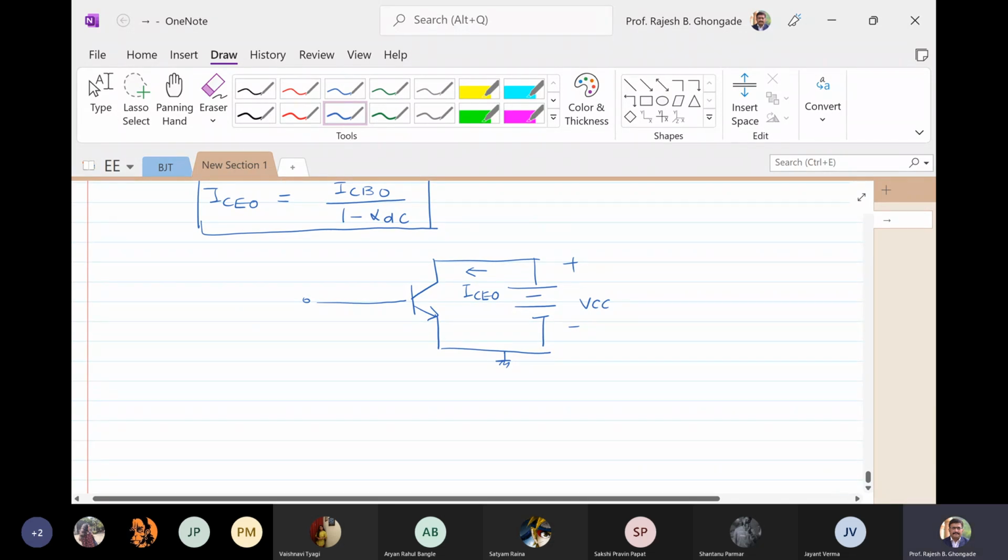and it is temperature sensitive. So one very important point: ICEO is temperature sensitive, just like ICBO, but again many times of that. So ICEO is a very important component when we talk about common emitter configuration. And as the temperature of the junction increases, or ambient temperature increases, what happens? ICEO will also increase. And this effect is often disastrous